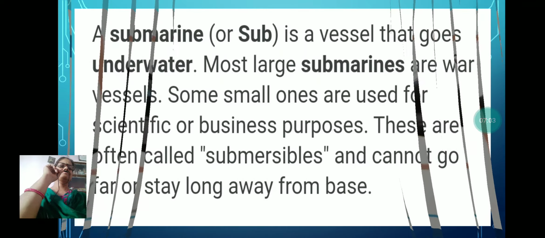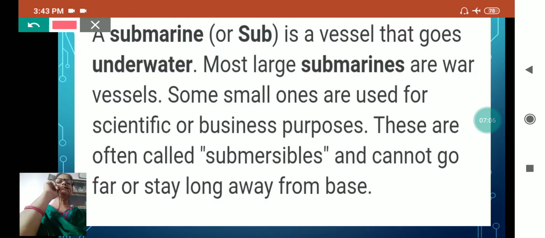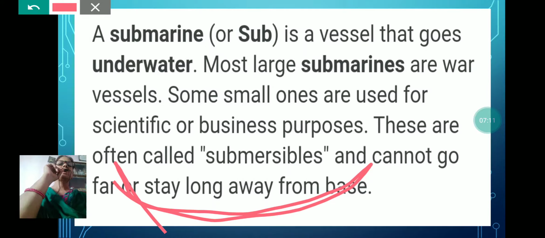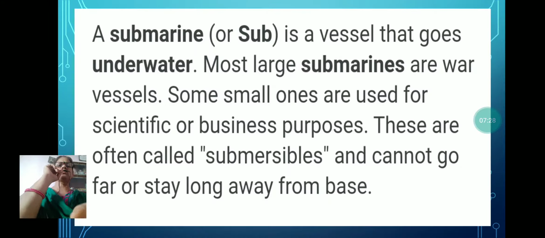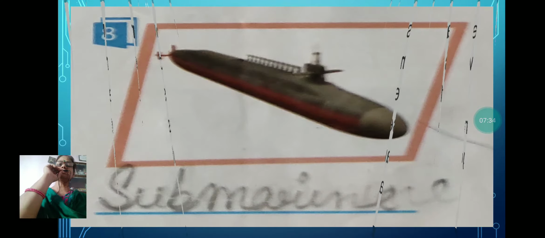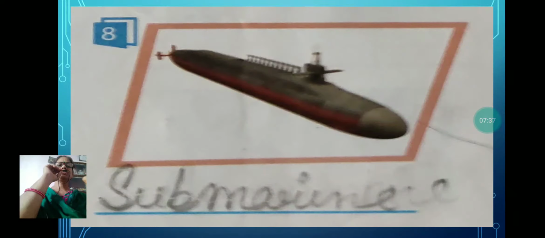Now submarine. My dear, submarine is a vessel that goes this type of shape. It has a downside, and it goes under water, and mostly in the army it is used to search for people who are coming from inside, or whatever problems they are facing, or to guard their coast. They use submarine. I am showing you the picture of submarine, and this moves inside the water, not like a ship. Ship moves above the water, but submarine moves inside the water.